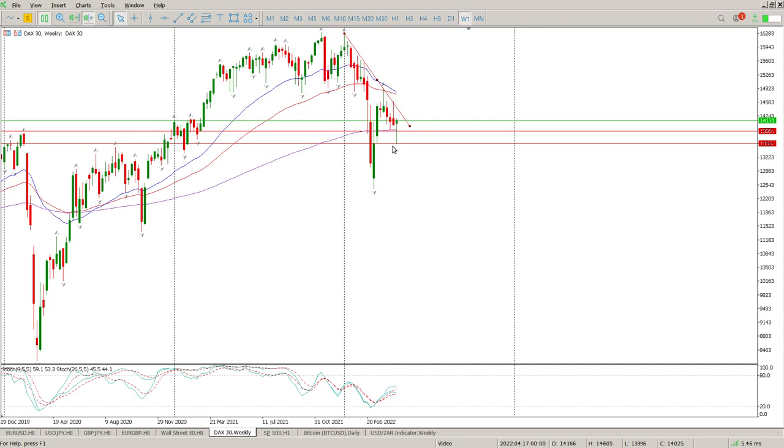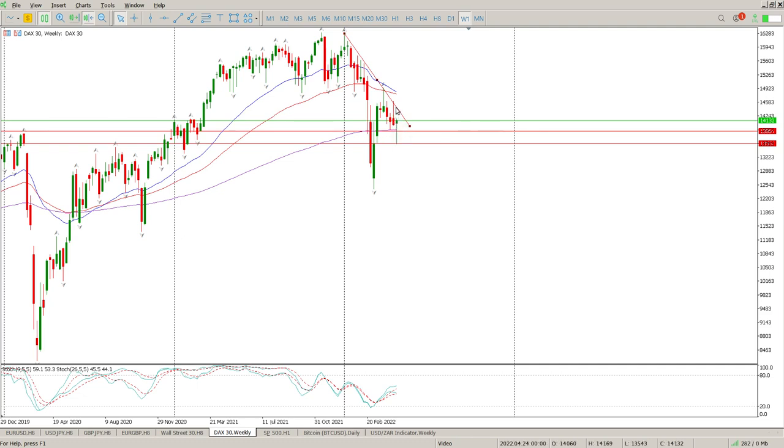Not much to make out of this. You've got a move to the upside, a move to the downside. That's kind of a 2-week range. Upside of the range is there, downside of the range is here. So, pin bar may be an indication that we've got some buyers coming in, but I'd want to see a